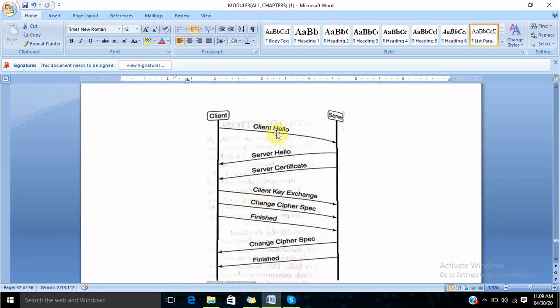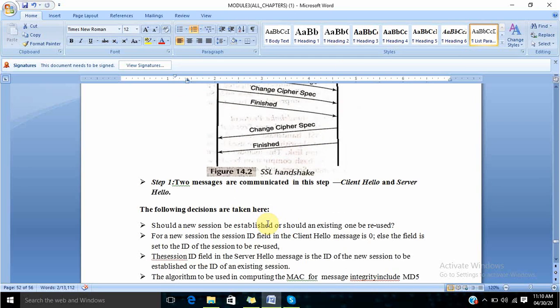You can see here the first two messages, client hello and server hello, and what happens between these is our understanding in step 1. In step 2, you can see it speaks about the certificate: the server sends the certificate to the client, so obviously the client has to verify the certificate. The third step is the client key exchange and the change cipher spec. These two, along with the finished message, are done in the third step. Obviously here you are computing the master secret. And this is the final step between the server and client. Once these four steps are successful, the handshake is successful.